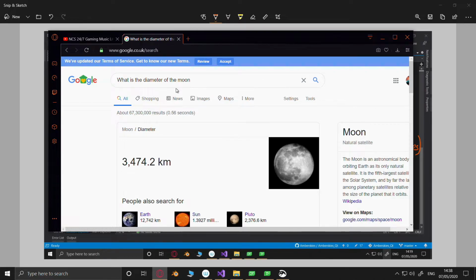3,474 kilometers. Now I said we'd get to 3 kilometers quite easy. So you're going to need 1,000 more iterations to get there. So you need to square root that. So what's 1,000 square rooted? Is it 100?